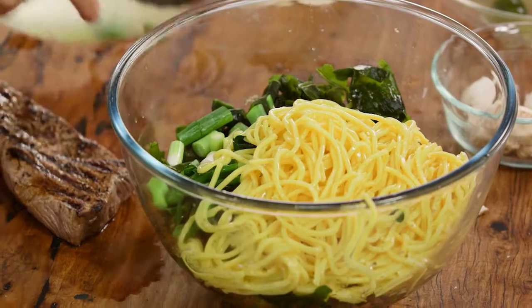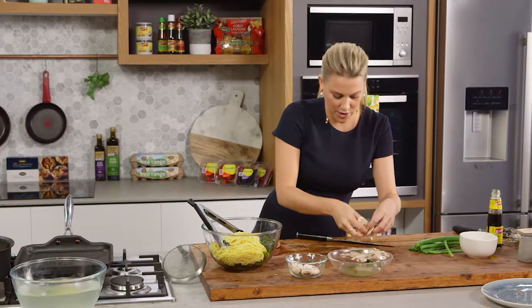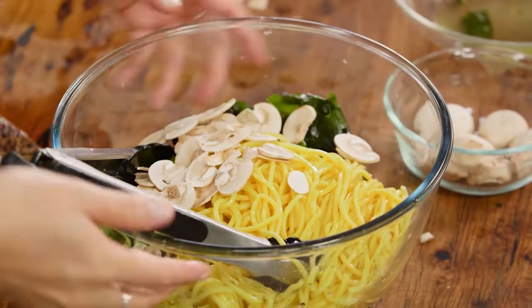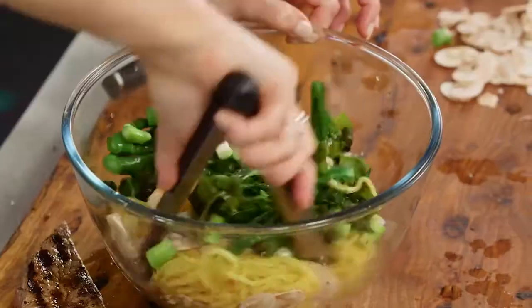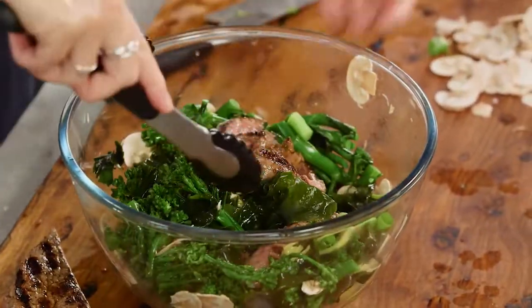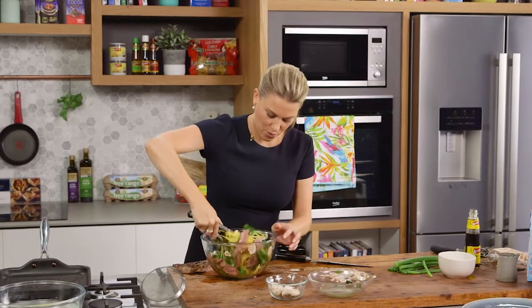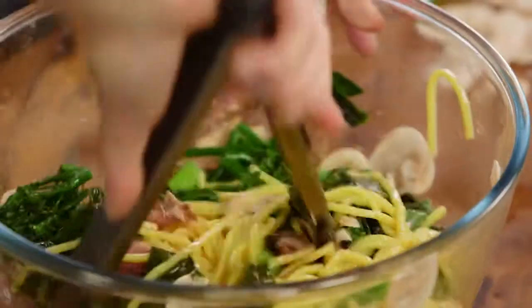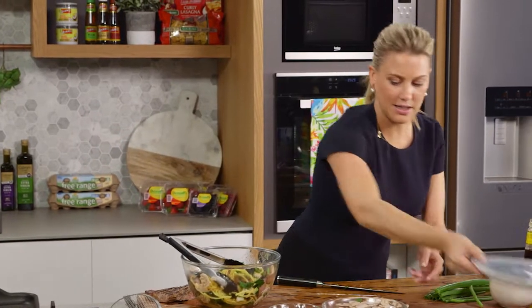Great. Now I'm going to start tossing this with the mushrooms. I'm going to add about half of the mushrooms at this stage and toss this with your tongs, being very gentle. I don't want to break those noodles up. I just want the sauce to coat all of the ingredients. You can see how bright this salad is. I wish you could smell that dressing. It's so good. And now on a plate,